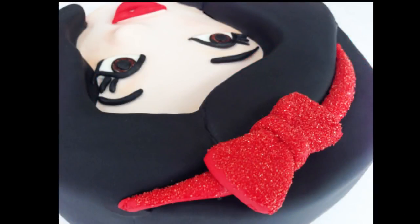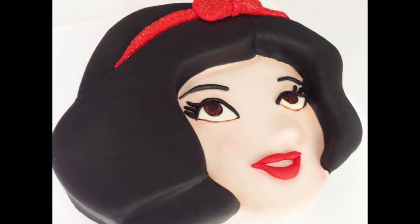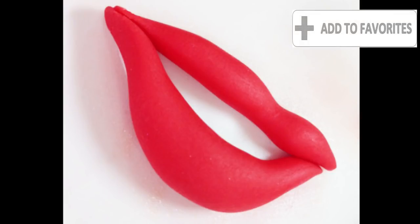Today I'm making an old-time favourite, and of course it's Snow White. Snow White is part of my Disney Princess Cake series, so be sure to add this playlist to your favourites